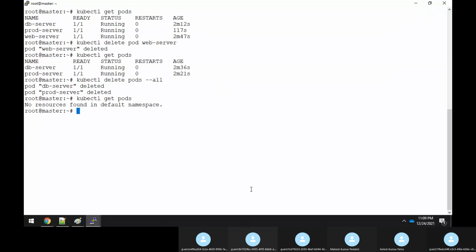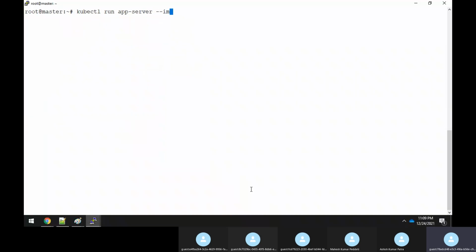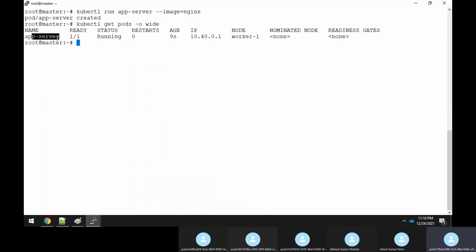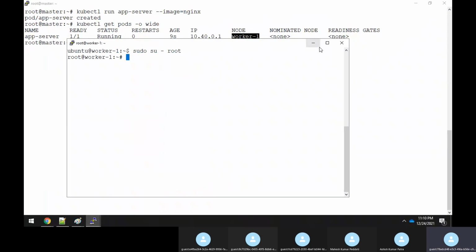Now we saw one thing: whenever I create any pod, kubectl run, suppose something like app-server, and I'll just clear this, --image equal to nginx. You could see that a pod got created. If I do kubectl get pods, and even -o wide, you could see that this pod is actually running on worker 1. Now if I go to the worker 1 node,